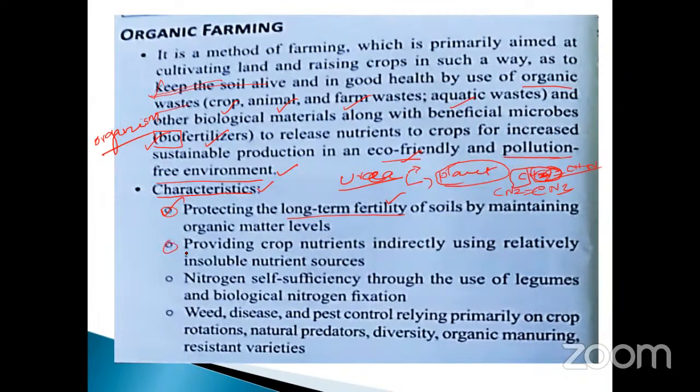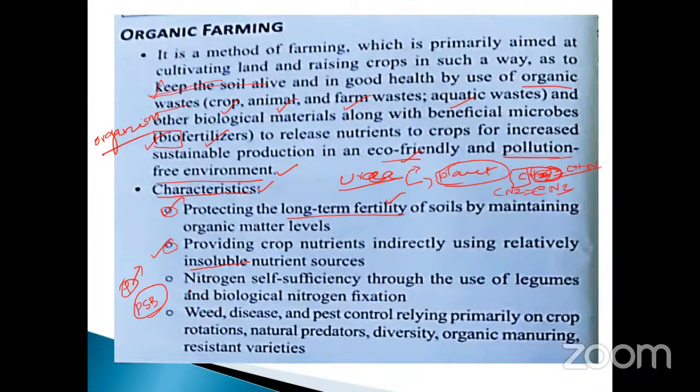What is the meaning of insoluble? You know, some of the nutrition is not dissolved. They are all insoluble in nature. That insoluble nature is also converted into soluble nature with the presence of the microorganisms in the soil. One more is the phosphate solubilization. Phosphate is not taken by the plant directly. So the phosphate solubilizing bacteria are also present in the soil. They may convert insoluble nutrients into soluble nutrients.